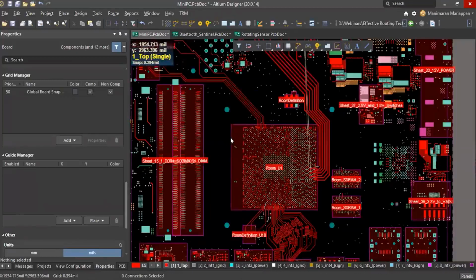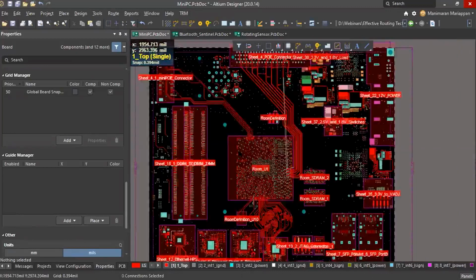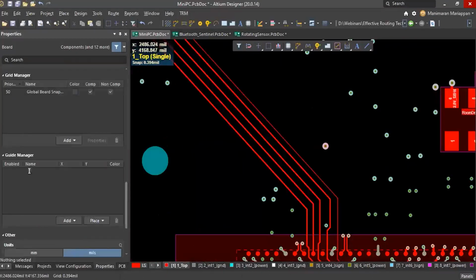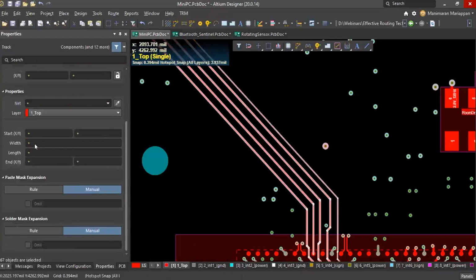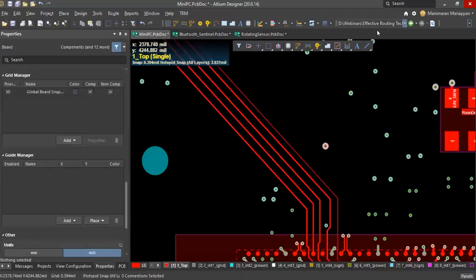Otherwise, you can simply select everything and change the track width in properties. But that should be accepted by your design rule. Suppose in your design rule the maximum track width is 50 mil, and you are giving 20 mil, it doesn't accept. And if the minimum is 5 mil and you are mentioning 4 mil, it doesn't accept. Select all the traces, and from properties you can change the width.